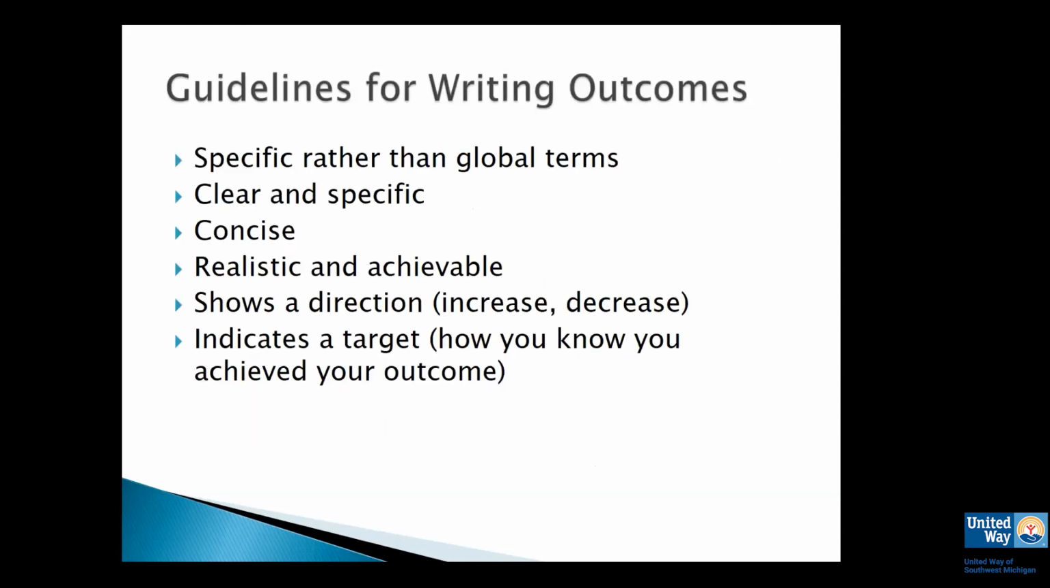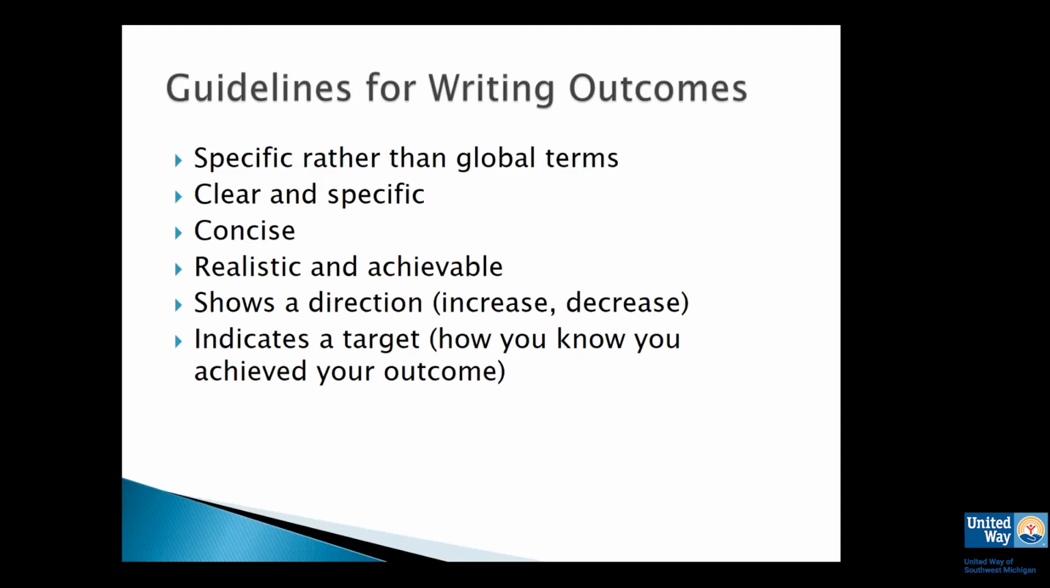Okay, so guidelines for writing outcomes. When you think about writing an outcome, or what it is that I want to measure, specific is always better than global. That is such an important thing. The more specific you are, the more likely you are to see change. I've seen way too many programs that try to generically measure something, and then they find out that they can't measure it because what they did for their intervention wasn't what they were actually specifically measuring. So clear and specific is important,